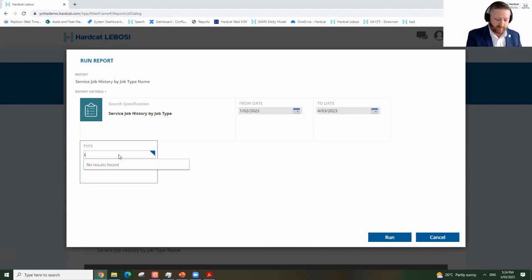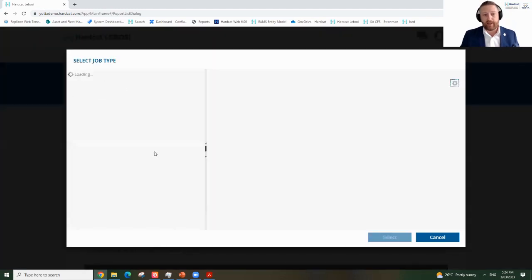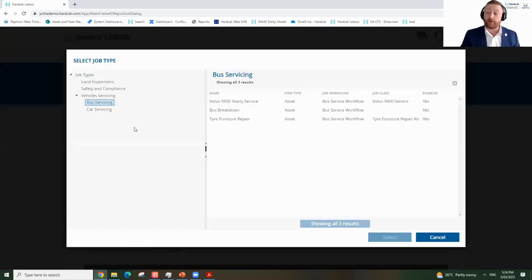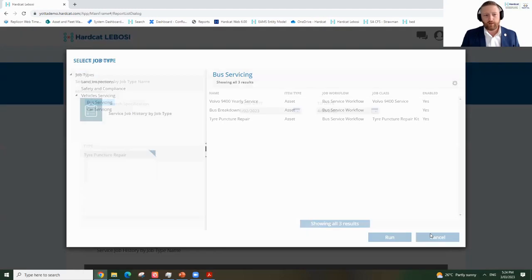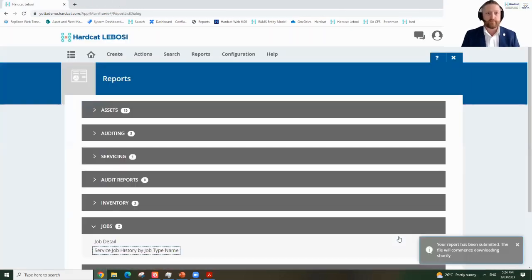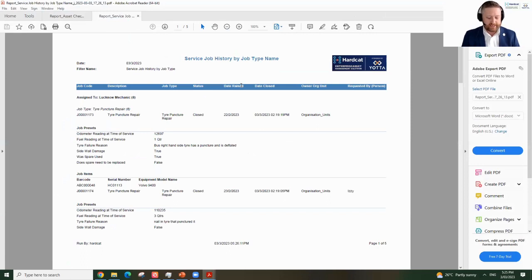Helps if I spell it correctly. Tire puncture repair kit. Again, I could have typed it in as you saw there, or I could have chosen it from our job type selector, like I did when I created the job. So I can now press run to go and generate that report. And which I've opened up in a different window. Here we are. So as we can see here now, we have run our report,